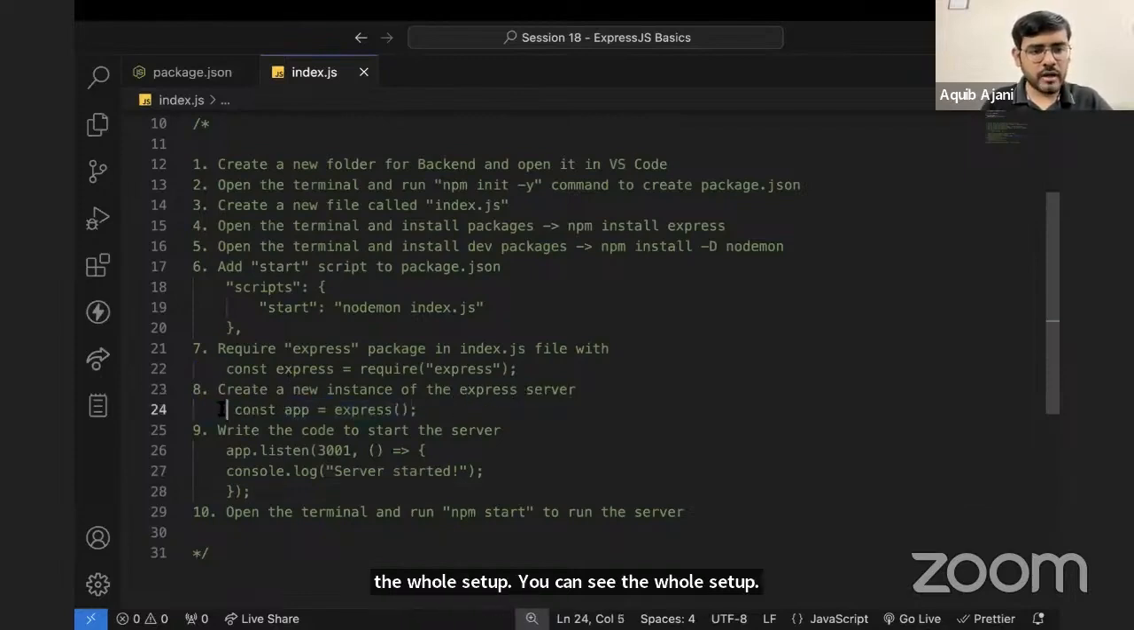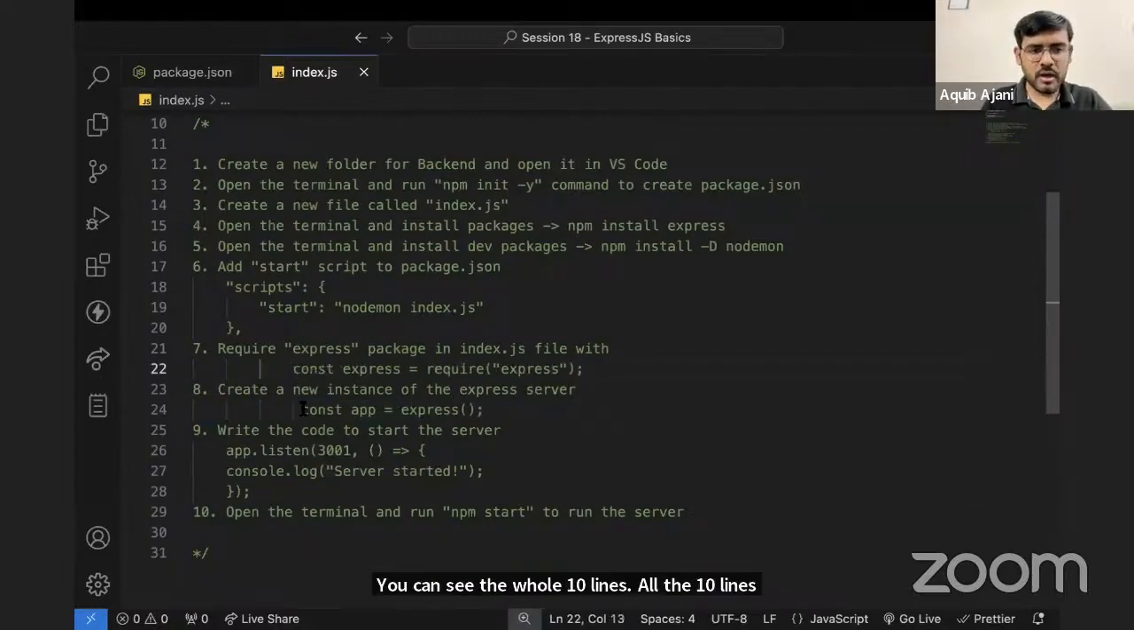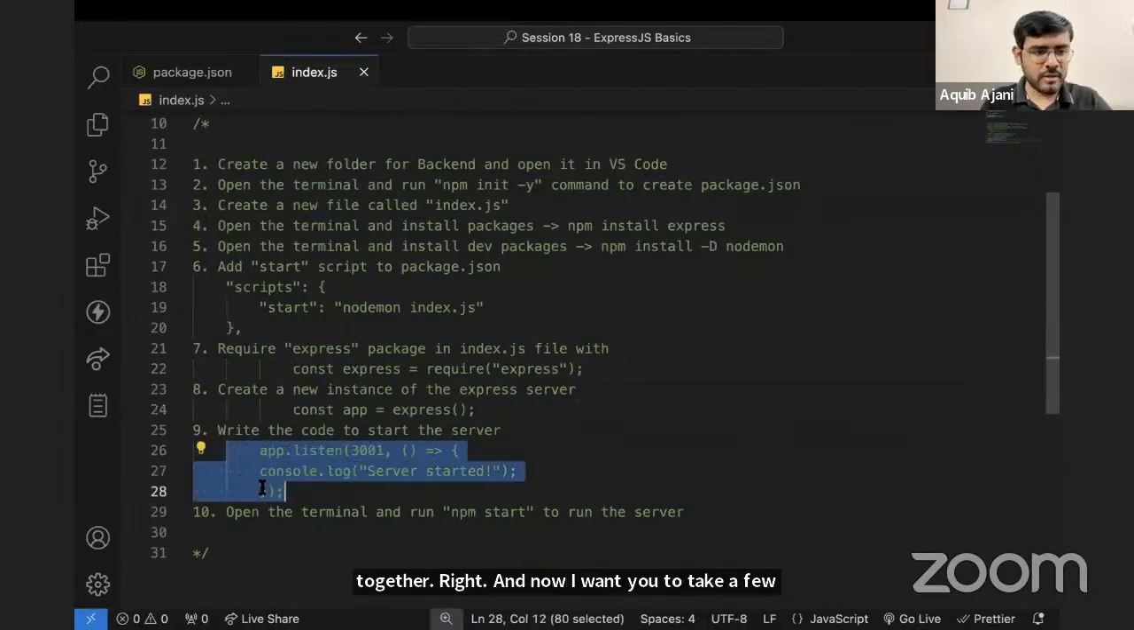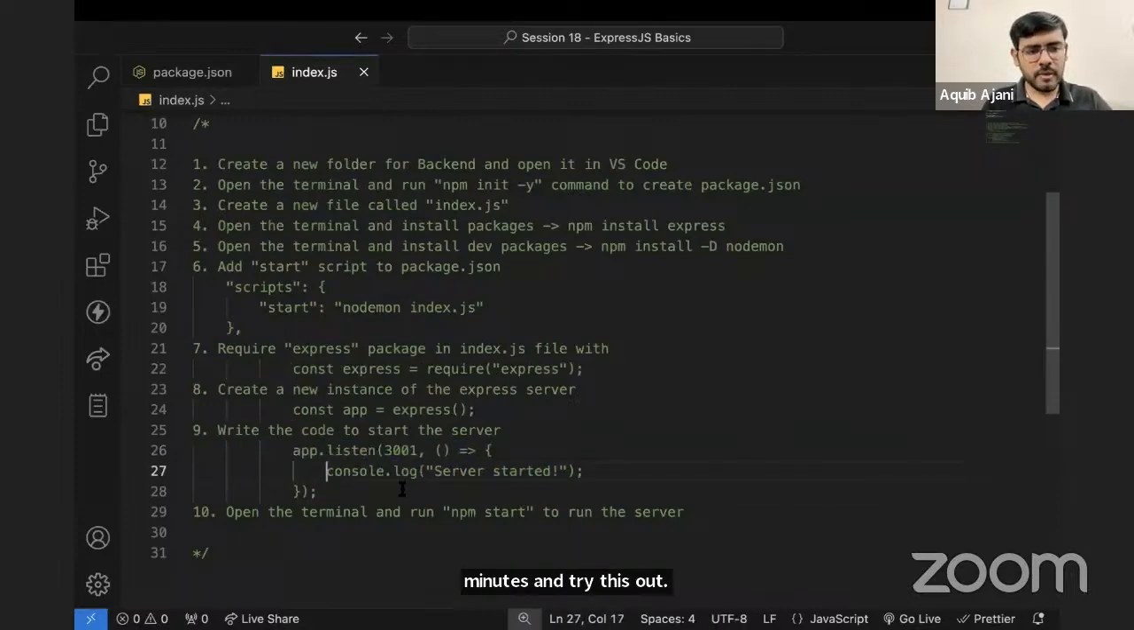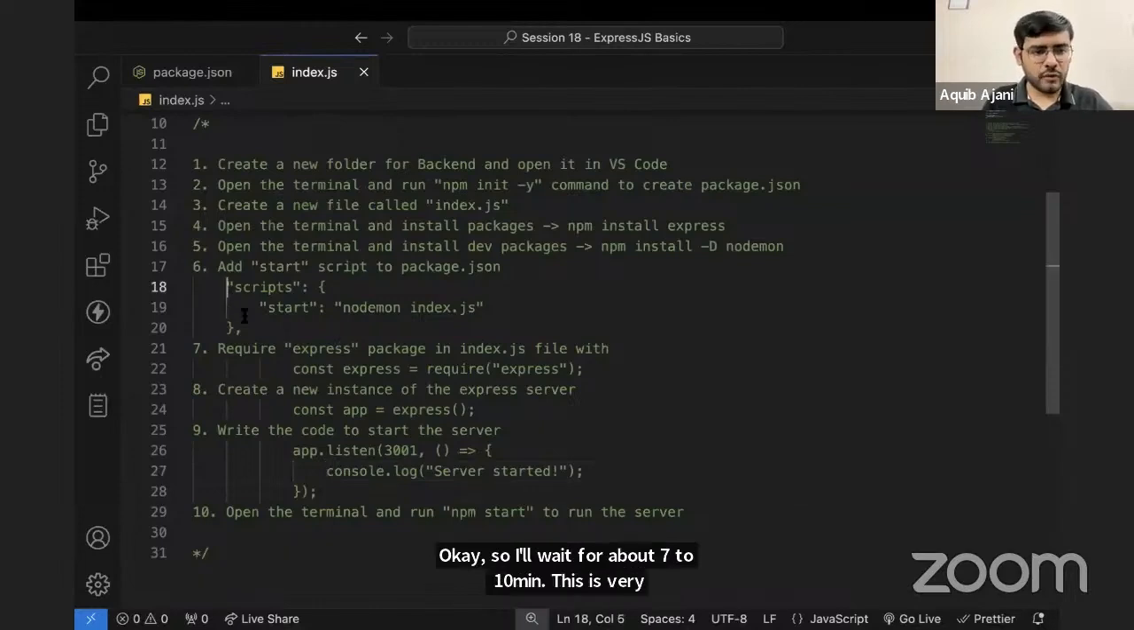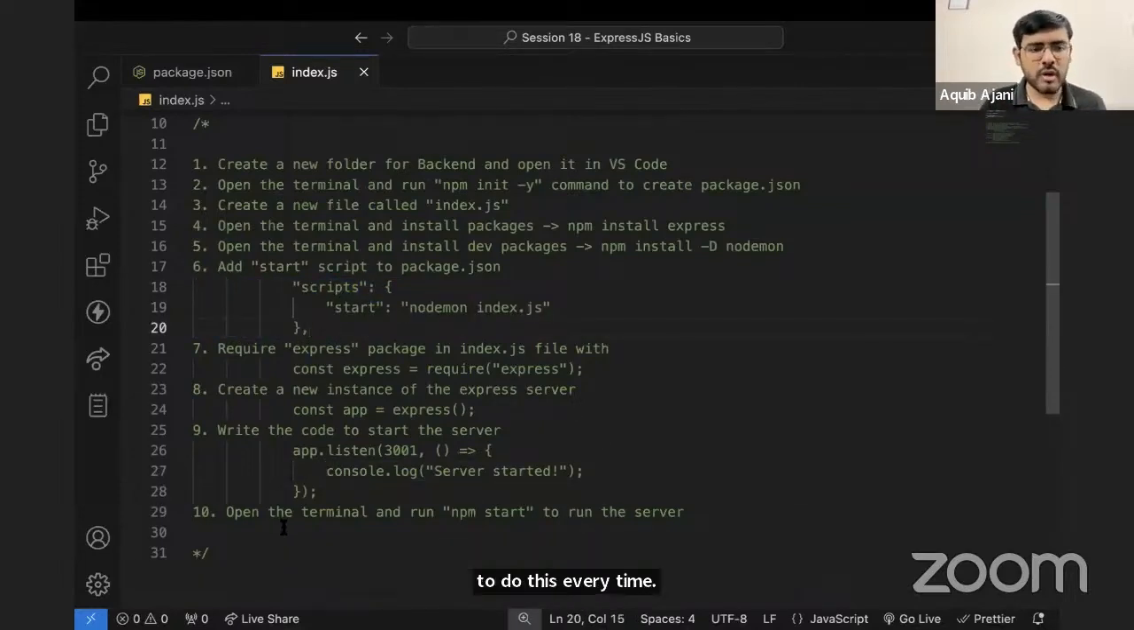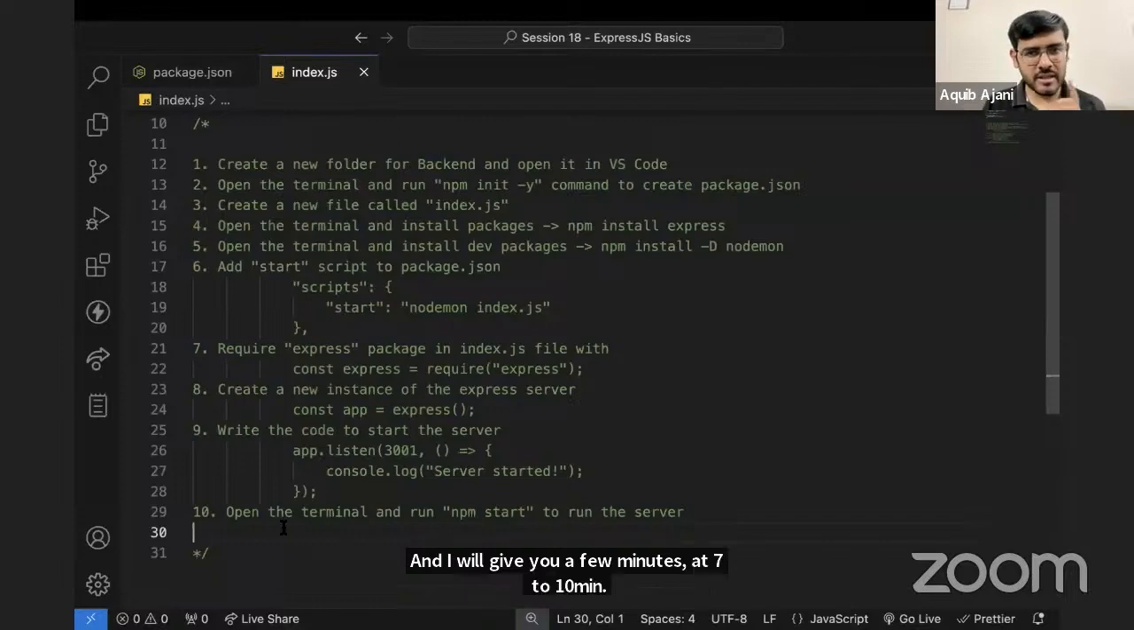And now I want you to take a few minutes and try this out. Okay, so I'll wait for about 7 to 10 minutes. This is very important because even in your projects, you will have to do this every time. Every time you create the backend for a project, you have to do the setup. So I will leave these instructions on the screen and I will give you a few minutes, right? 7 to 10 minutes. Please go ahead, follow these step by step very carefully